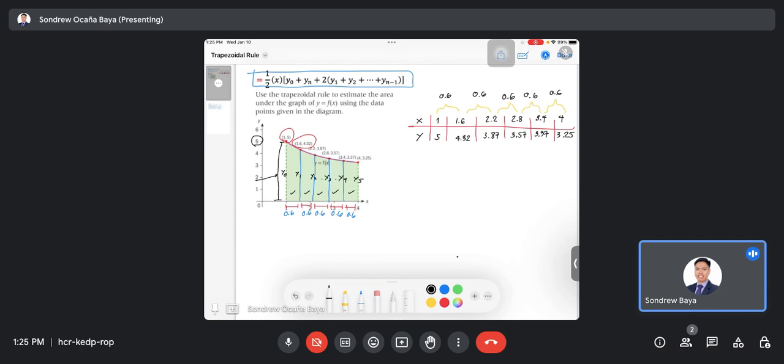The area of the region underneath the curve can be approximated using the trapezoidal rule, which has this formula: half times the constant width or height, which is 0.6, times y sub 0, which is 5, plus the last y, which is 3.25, plus 2 times all the y's in between them. The y's in between them are 4.32 plus